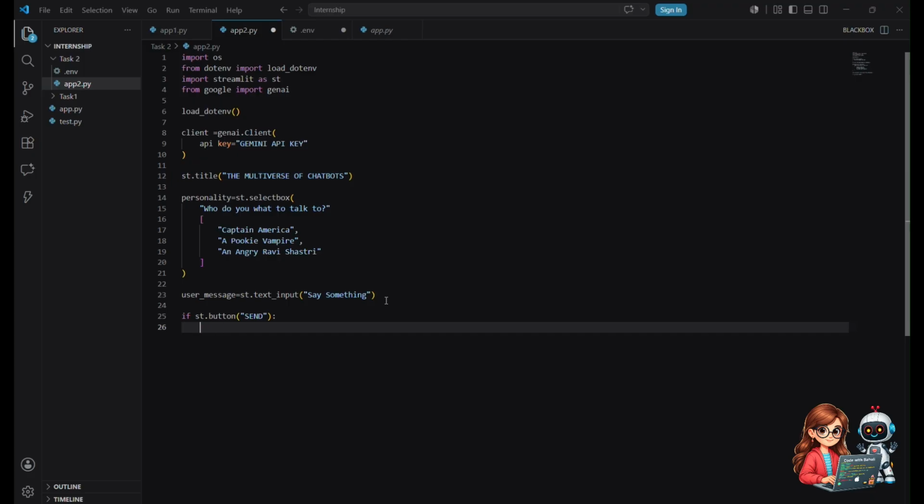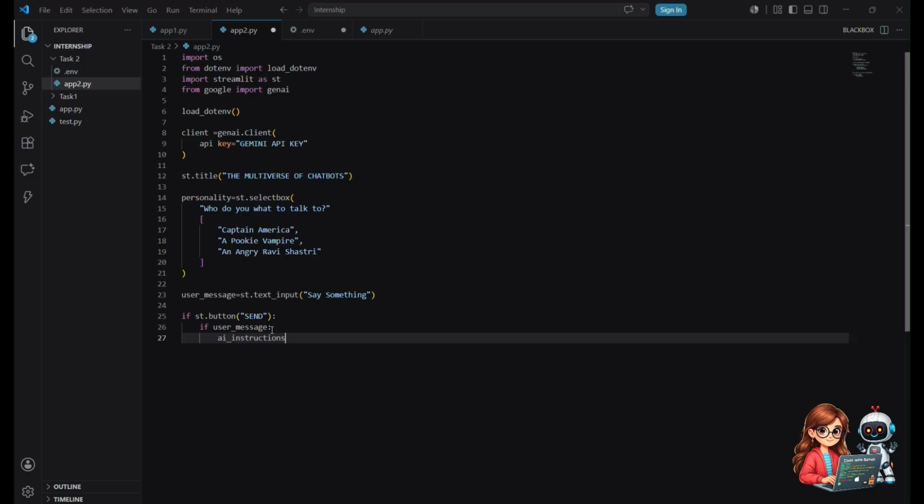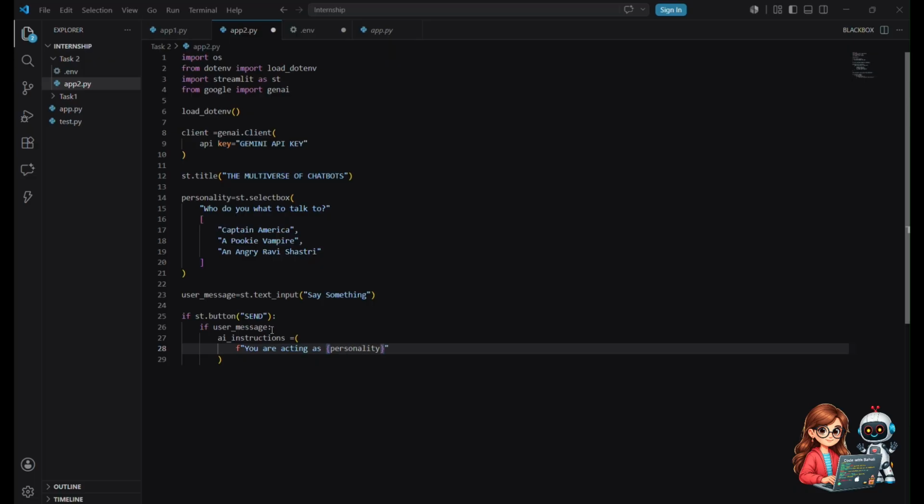If user, my bad, sorry, if user_message, meaning after clicking the send button, if there is a user message, we have to take the input. So we have to tell the AI model, give instructions to it, how it has to answer. So we will write here ai_instructions. Okay, and we'll be writing here: you are acting as, and your personality, sorry, forgot to give space, personality is referring to this. Okay. Close the bracket, just put a dot, move on to the next line and write here: